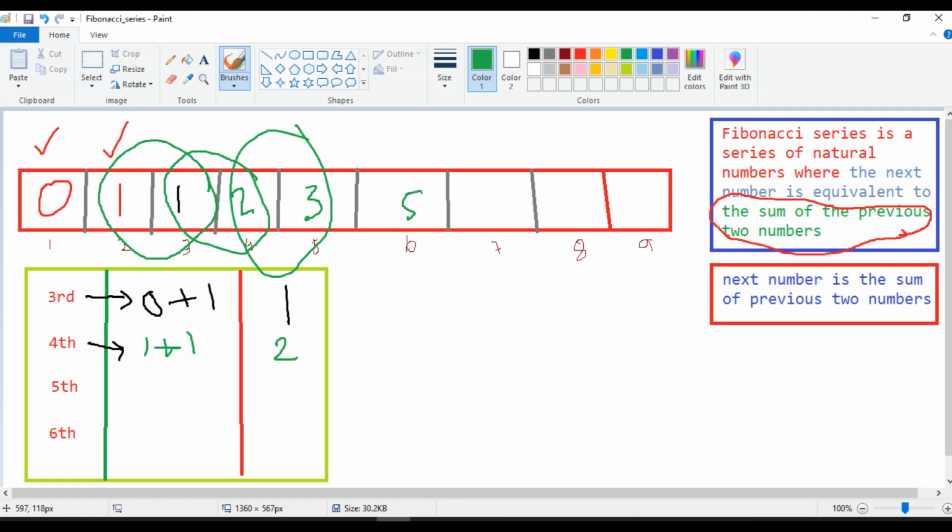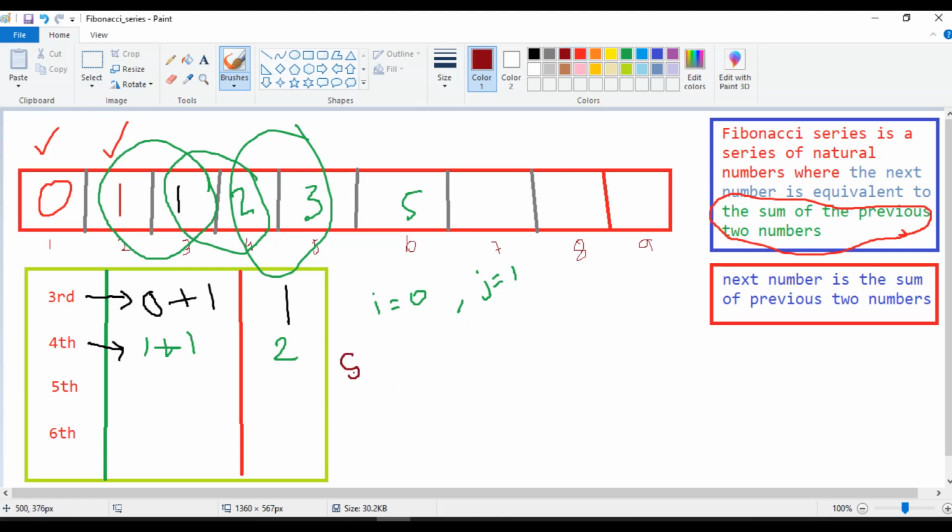So up to now I discussed the Fibonacci series theoretically. If you still have any doubt, let me know in the comment section. Now the same logic I will implement programmatically. I will take int i is equal to 0 and j is equal to 1. Why did I take 0 and 1? We already know the first two numbers of Fibonacci series are 0 and 1. For that purpose I took 0 and 1, right?